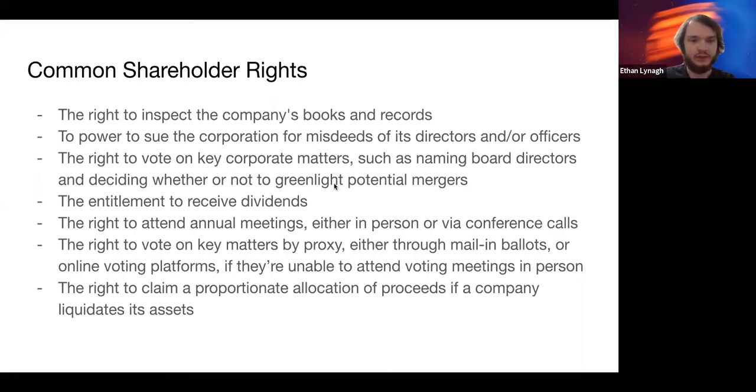And then also, if the company goes bankrupt or liquidates in any other way, you are given the right to a certain amount of the assets that are liquidated when the company goes bankrupt. This will vary based off of the structure of the company, but usually it's a very small portion of proceeds you would get from the company liquidating.